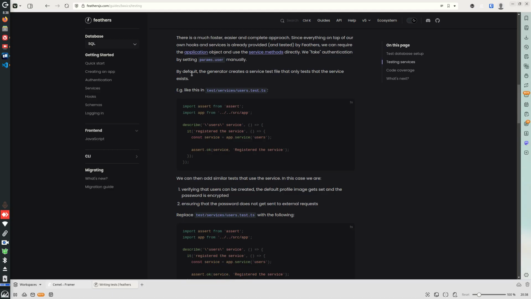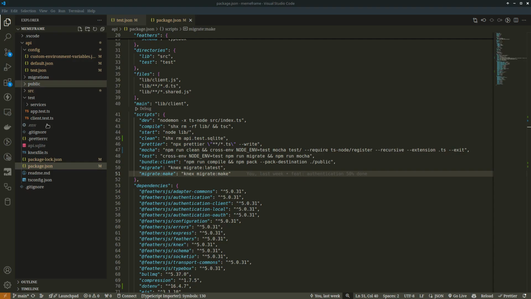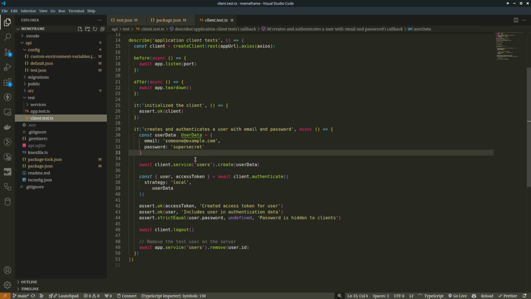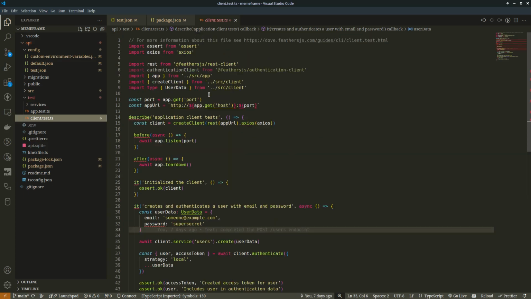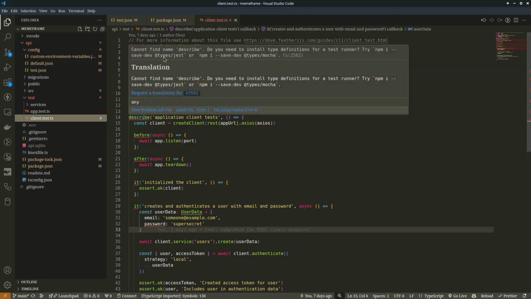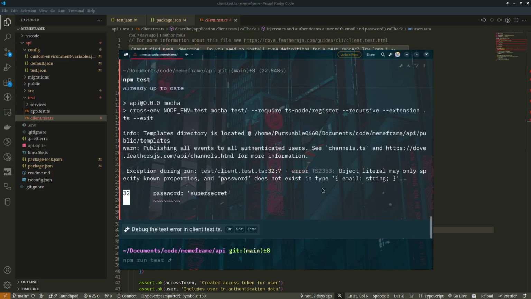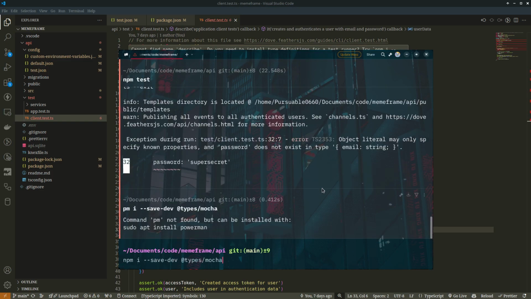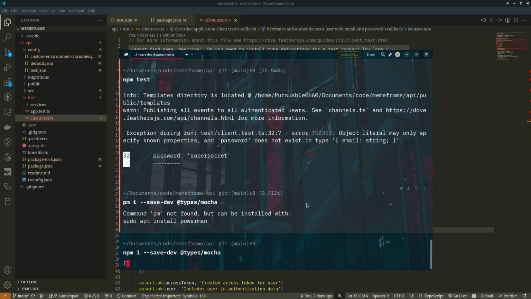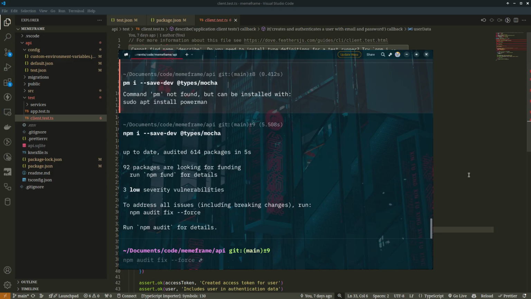By default, the generator creates a service test file, which was what I was showing you the other time. If you go to this client, you see this test file, and in this test file, you come across, what's the issue now? I thought all this should have been installed. It's actually installed, so